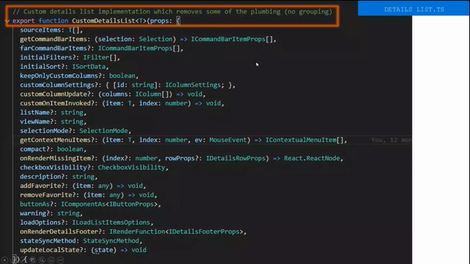One other thing that is of interest is this details list. This is something that took a while to get right. The details list in Fluent UI is a pretty beastly thing. There's a lot going on in terms of configuration. So one thing that was useful early on, and I would definitely suggest doing, is we created a wrapper, and then we created another wrapper on top of this wrapper to abstract away some of that complexity.